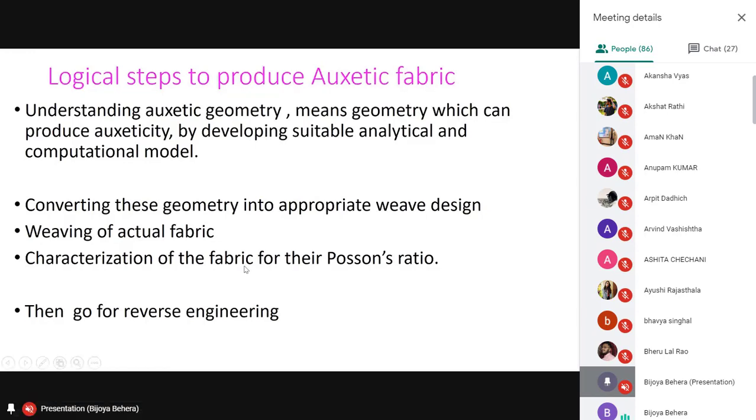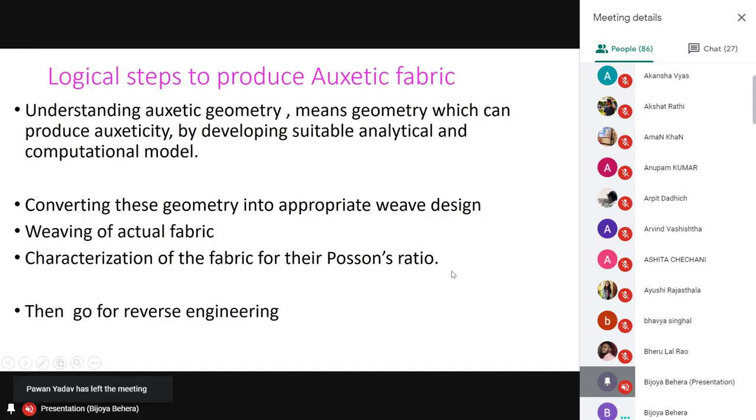After the fabric is woven, the third step is to characterize the fabric. That means take the fabric and measure its Poisson's ratio on the Instron. I will show you the technique by which we measure the Poisson's ratio. Take the fabric, measure its tensile properties. You extend the fabric by a value, let's say del X, and see what happens to del Y. If you know for a given del X what the value of del Y is, take the ratio, lateral strain over longitudinal strain, and you can find the Poisson's ratio. So you will see whether the Poisson's ratio value is coming 0 or negative. If it is 0 or negative, that means the fabric which we have developed is an auxetic fabric. This is how the whole game is.